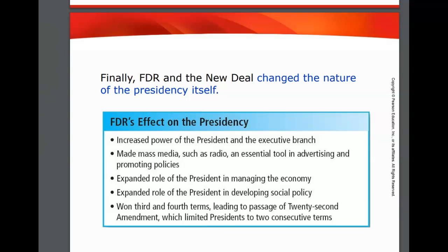So to sum up here, we've talked about the New Deal and all the programs and all the agencies and all the organizations that were created because of the New Deal to help the economy get out of the Depression. But it's just as important to know what the effects of the New Deal were on the economy, on politics, and on society. What groups of people were affected, to what degree they were affected, and then finally here, how the New Deal changed the size and scope of the federal government relative to people's lives, and how FDR himself affected the office of the president.